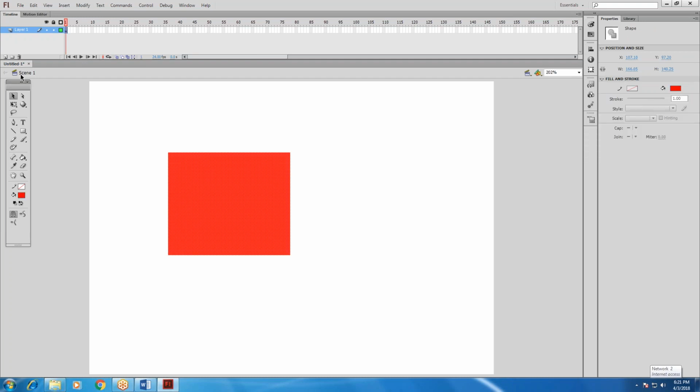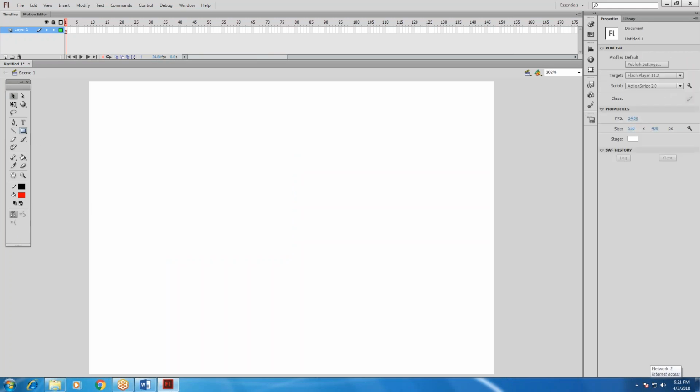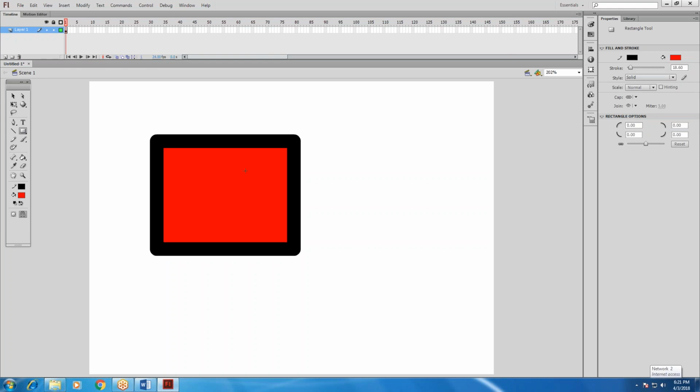If you increase the size of this, if you want to give the outline also, you can give an outline. This is the outline. You can increase or decrease.